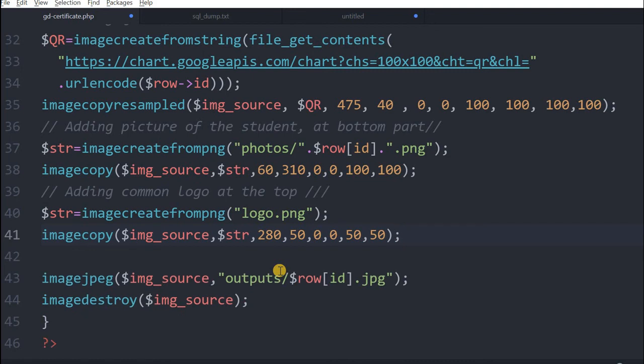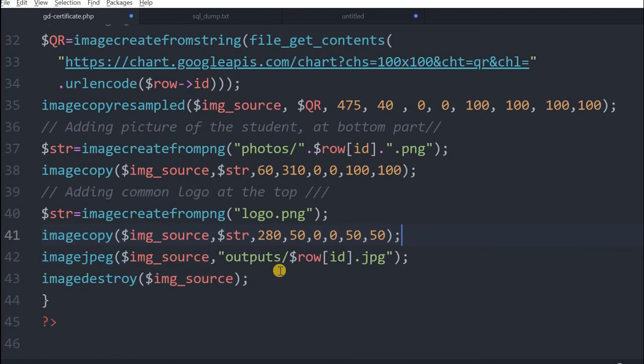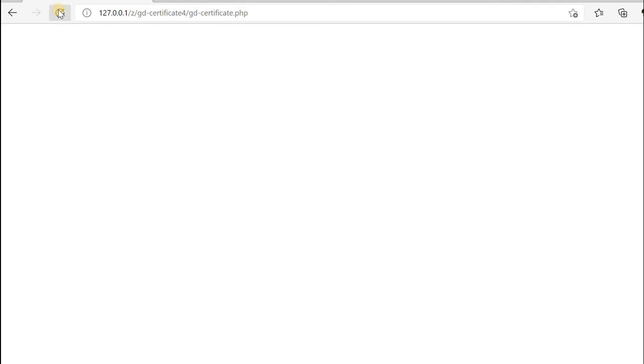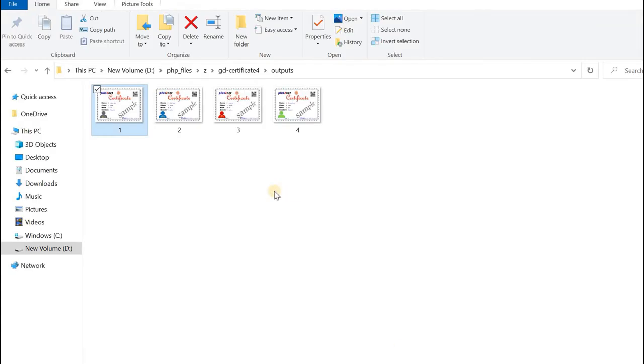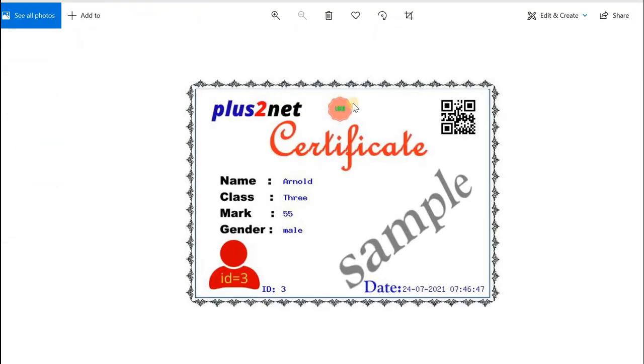Now you can question all the dimensions. We'll see by changing the dimension how our logo moves. So I am just saving this. Let's go to our browser again, run once. So fine, it has come. Now let's check our pictures. Okay, fine. Let me pick up the third one. Yeah, you can see the logo has come here, this exact location.